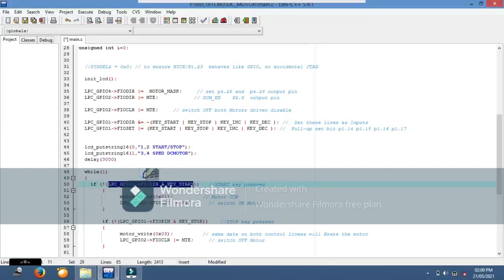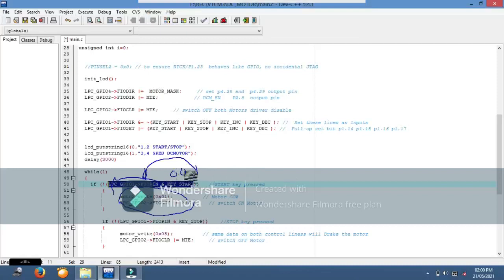So if 0, then this will not execute, means the key start is not pressed. If key start is pressed, the FIO pin, that is the 14th pin of port 1, will become 0. When you AND it with this value, which has all zeros except the 14th bit as 1, this bit also becomes 0.